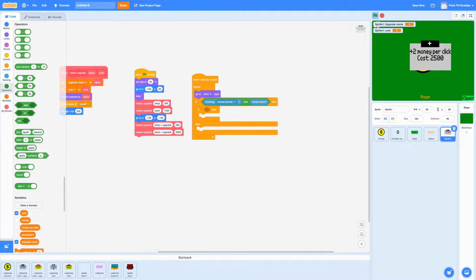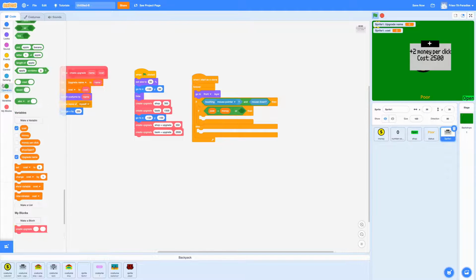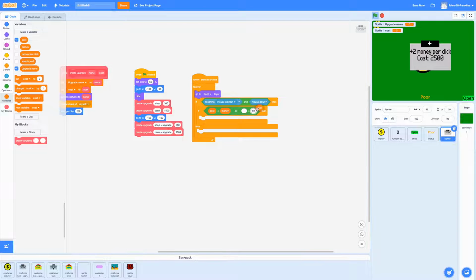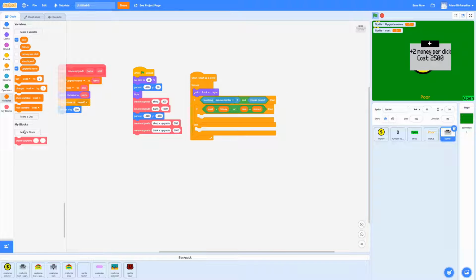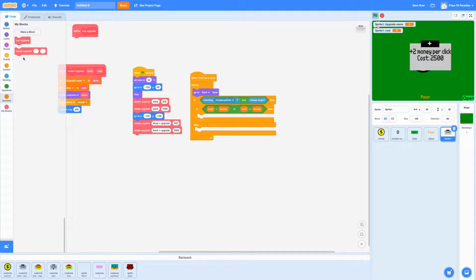item, so I'm going to drag in an OR operator and make it so that the cost is smaller than money, or the cost equals money. So if the cost equals money, and I am going to make a new block called buy upgrade, and I'm going to click OK, and I am going to drag that in there, and I'm going to wait